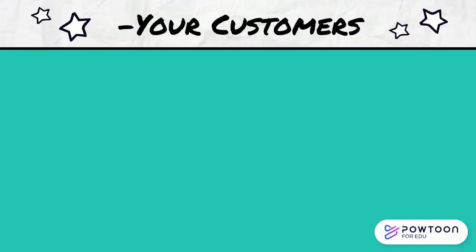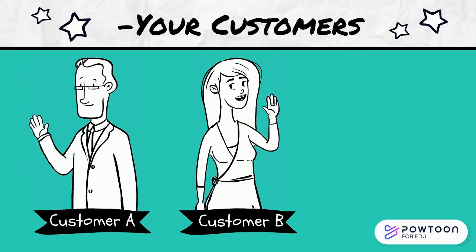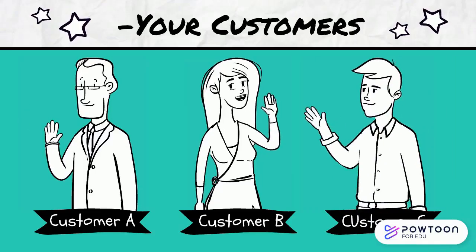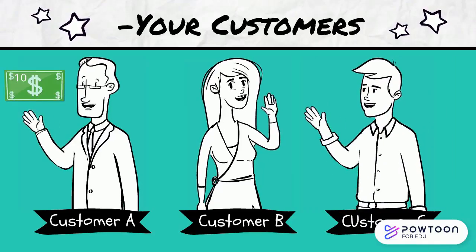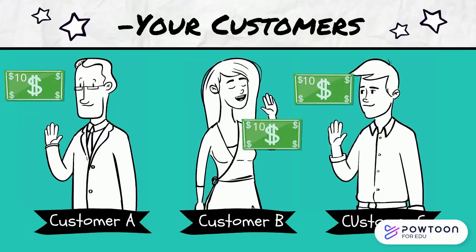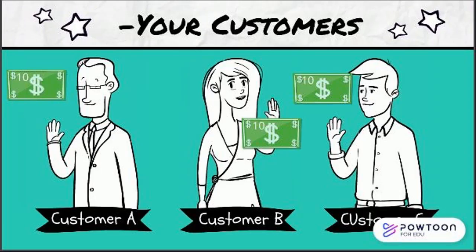Let's say you have 3 different customers, customer A, customer B, and yes, as you expected, customer C. Let's say each one owes you $10. Well, then in total, your total accounts receivable will be $30. Okay, simple enough. If you happen to believe that customer A